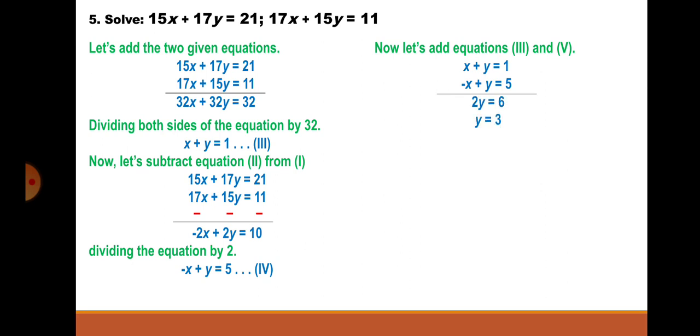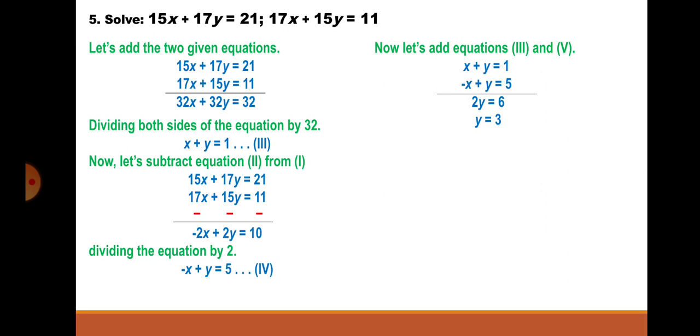Now in the third equation, the equation is x plus y equal to 1. And here, minus x plus y equal to 5. You will see x has the opposite sign in both equations, so you can eliminate it and find y by adding the equations. So let's add equations third and fourth. Here instead of fourth, fifth has been printed. It is fourth. So you will write both equations. Plus x and minus x will get cancelled. y plus y, 2y equal to 6. Therefore y equal to 3.